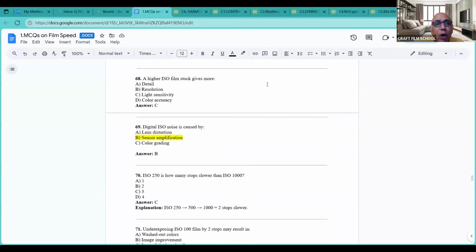Higher ISO film stock gives more detail? No. Resolution? No, it gives less resolution of the image, the resolution of the picture. There is always a resolution of the negative and a resolution of the paper. Both resolutions are there. People always think of three things. One is the lens; resolution is connected with the lens. Resolution is connected with the negative. Resolution is connected with the paper on which the print, the photograph, is being made. So resolution is connected with three different parameters. When we talk about resolution, I'll discuss it. So here,